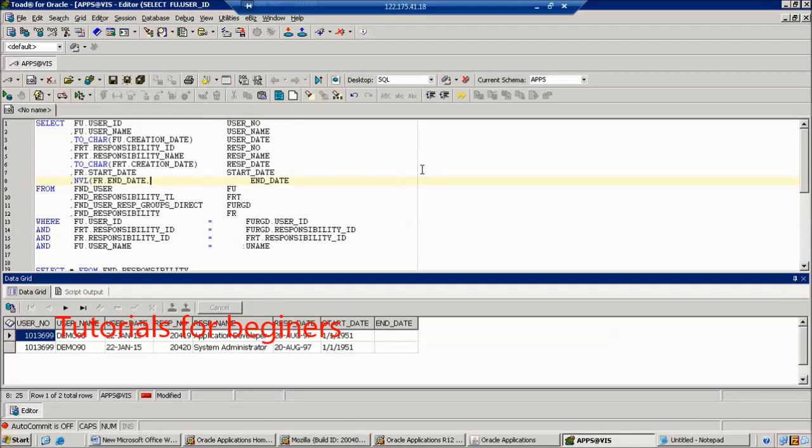If it is not null, how can we do that? Here, NVL of date comma. Here we want to display which date?